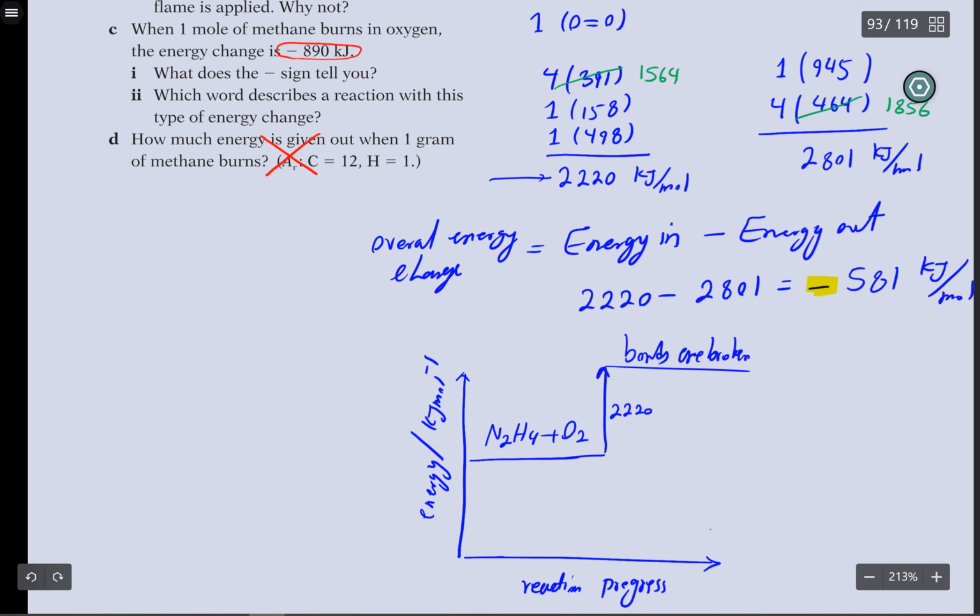The atoms rearrange and the new bonds form, and it releases 2801 kilojoule of energy. So it releases more energy than the energy needed for breaking the bonds. So here is the energy level of the products, which is N2 and 2 water molecules, and the overall change in the reaction